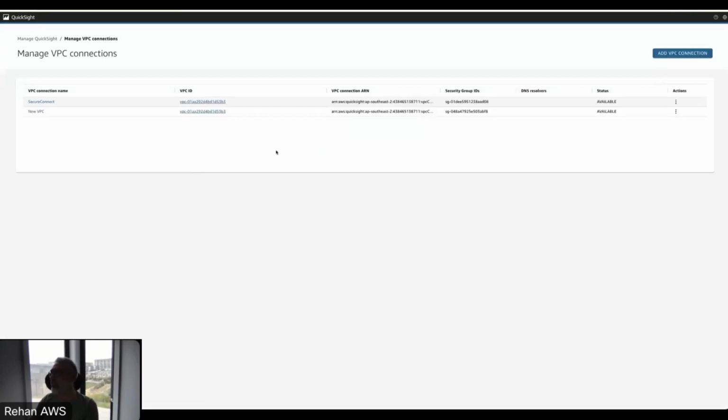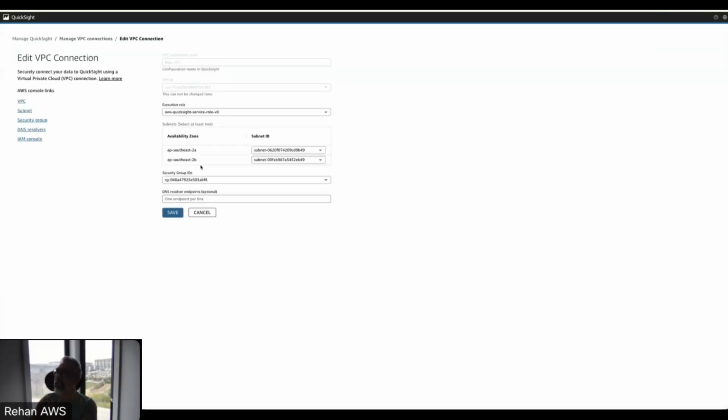As I said, I've previously created that. It takes a little bit of time to become available. So in the interest of time, I already created it, but just wanted to show you how it looks once it's created. So now that these VPC connections are set up and the endpoints are set up for communication from the VPC into